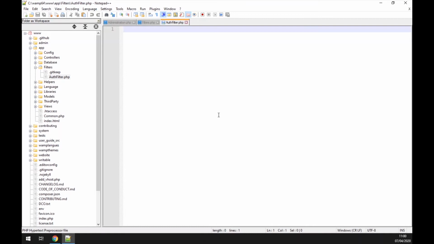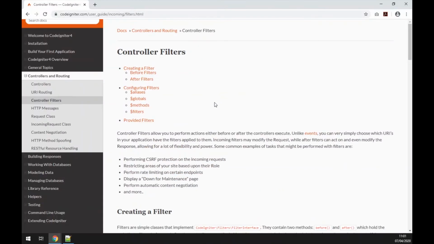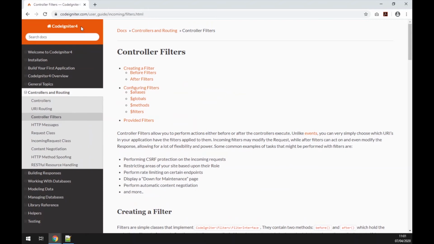Now I'm just going to show you very quickly where we get this code from, but this is the same for every filter, just you customize it based on what you want that filter to do. So in this case we're going to use it to check that the user is authenticated before we allow them into this area of the website. In order to find the standard code, we can go to CodeIgniter documentation. Now this is the same for every filter, but I'm just going to show you very quickly where to get this from. So in your browser, you go to